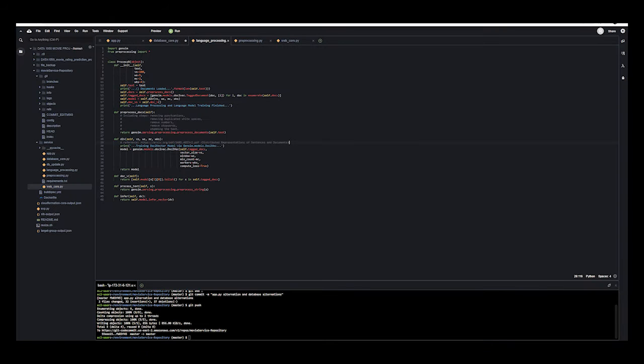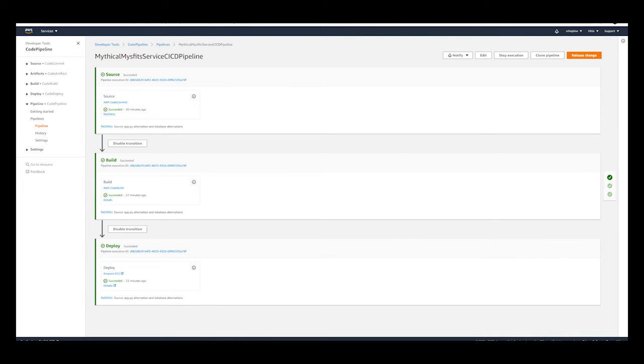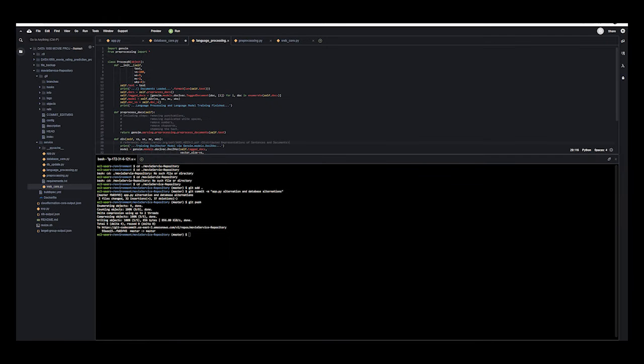If you make some alterations to the code, as you can see I have just made some alterations to app.py and the database, all you have to do is use Git to push your upgraded code to the Amazon pipeline, and it can automatically source, build, and then deploy to your website. It's very convenient. And that's the whole work I have done.